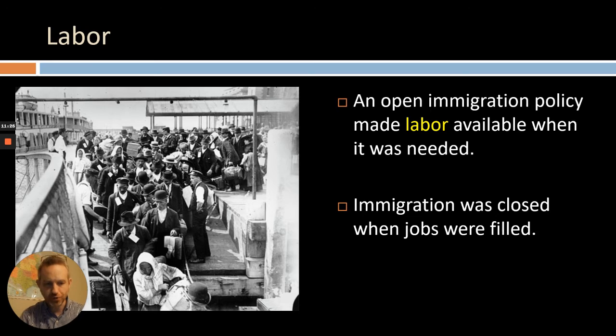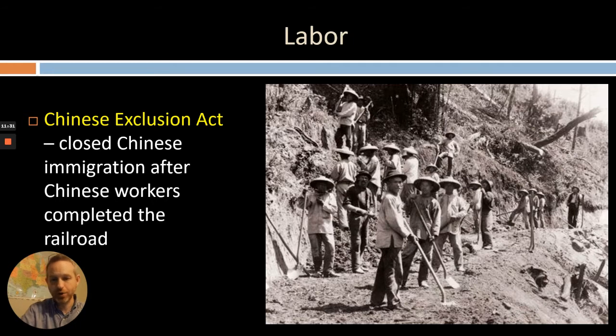That's kind of how we viewed immigration for a long time. Bring them in when there's a need. Interestingly, after the railroad is completed, we shut off the immigration for the Chinese people with a law called the Chinese Exclusion Act. We say, thanks for the railroad, and we shut off the faucet, and we don't open it again until the 1940s. No Chinese people can legally become citizens until the 1940s after the Chinese Exclusion Act,